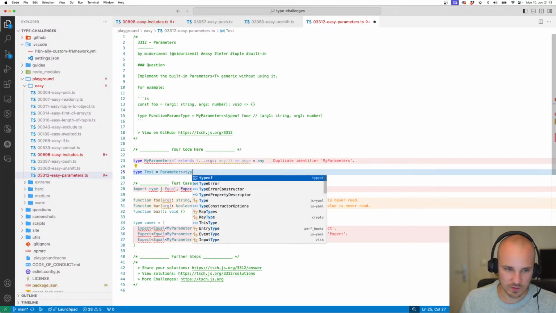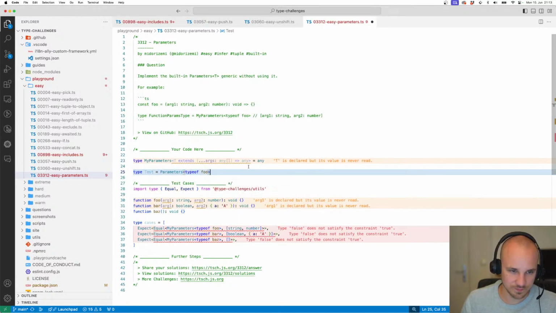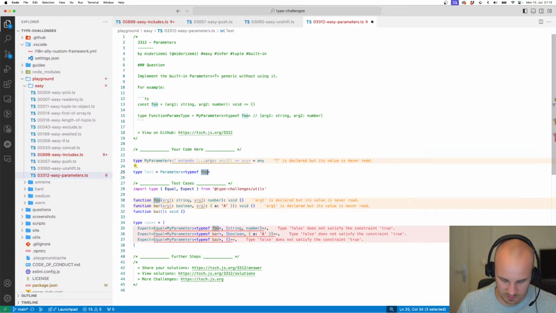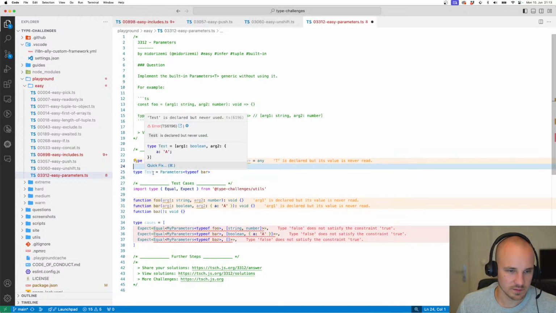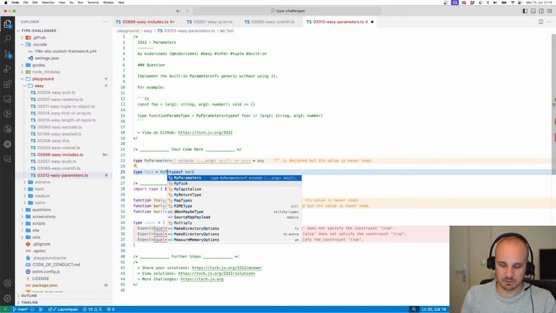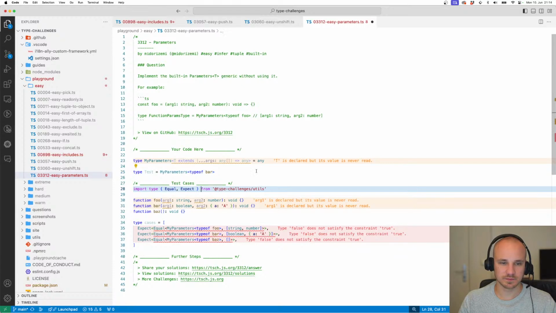to see how it works. Type of foo. So this gives you an array, a tuple of all the arguments of a function. So arg1 is string, arg2 is number. Let's do bar, which is arg1 is boolean and arg2 is an object with a and a. So MyParameters